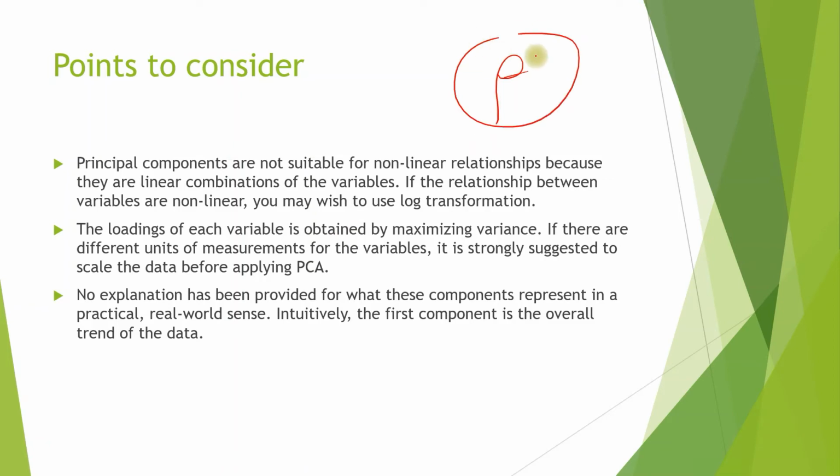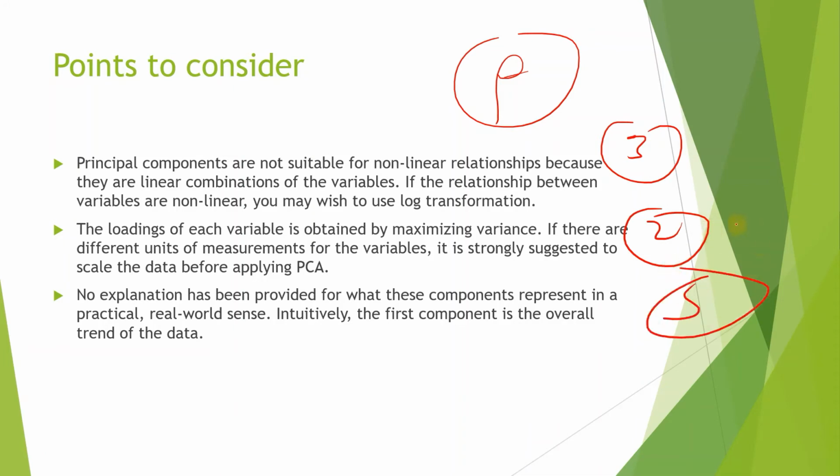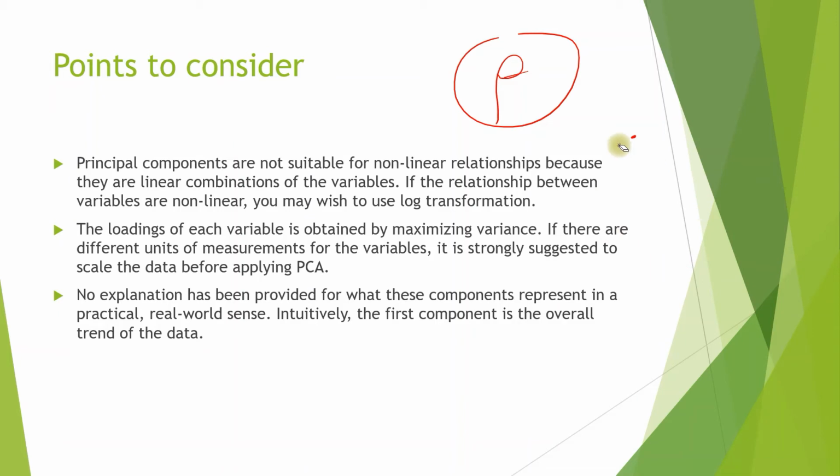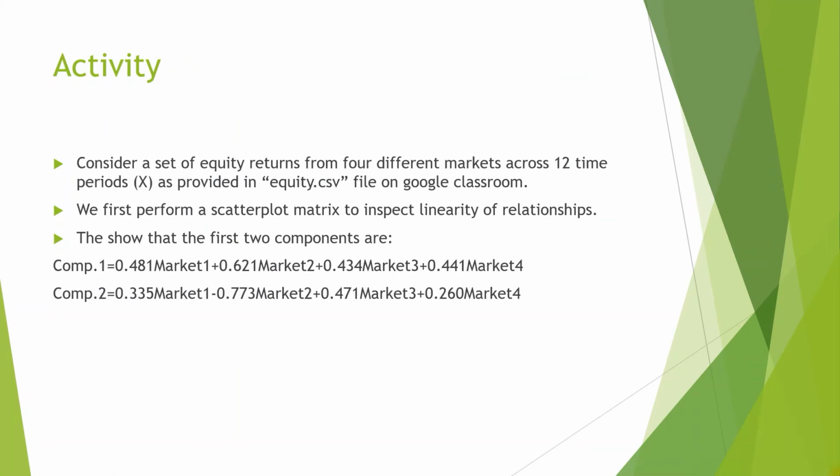Remember that you have p uncorrelated variables, but you have been retaining only a few, maybe three, maybe two, maybe five, I don't know, but which explain the maximum variance. All right. This is all about principal component analysis. We are going to apply all the different principles that we learned